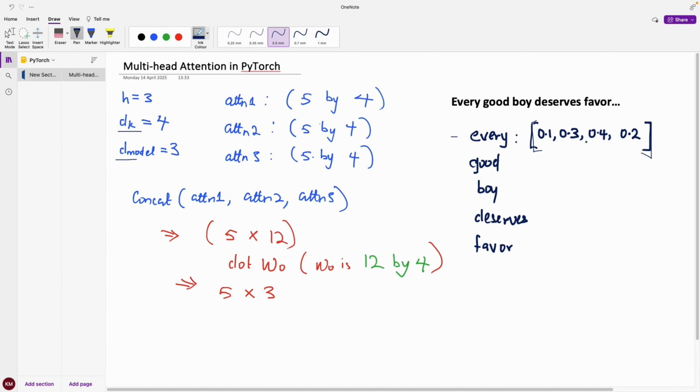represented by a 4-dimensional embedding. What happens in a multi-head attention is that when you calculate the attention for this sequence, it is going to give you the attention for each of the heads. So for head 1, because we have 3 heads here, we have the attention, for head 2 we have the attention, for head 3 we have the attention. Now if it's a single head attention,